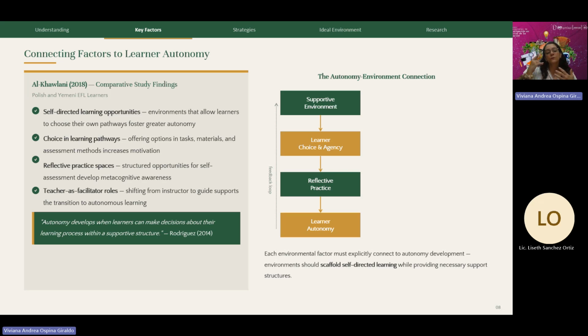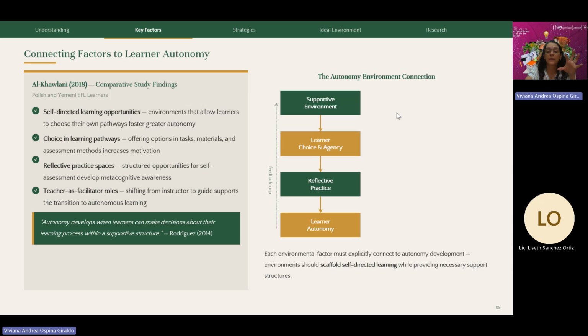Then he will start reflecting about how he's learning. If I give him structured opportunities for self-assessment, then this will develop metacognitive awareness. If I don't give my student the opportunity to think, to reflect over what he's been learning, then there won't be opportunities for him to self-reflect and say, hey, yes, I am going down the same road. Maybe I can change a little. Maybe I can switch some things that I'm not doing well.